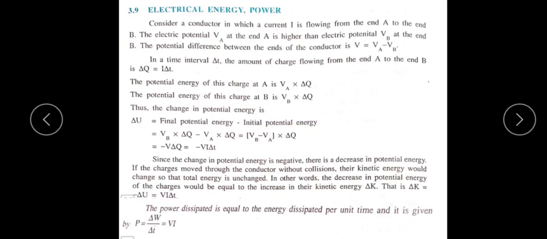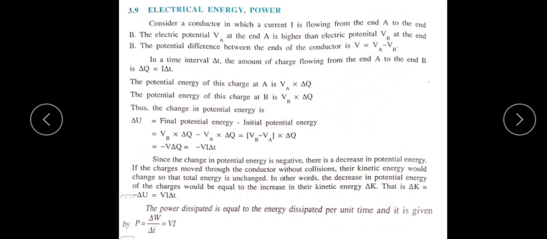But it is found that for a given potential difference, the charges move from one end to the other with a steady drift velocity. This is because of collisions with the atoms and ions as the charges move through the conductor. It means that the kinetic energy gained by the charges is shared with the atoms or ions. As a result, the atoms vibrate more vigorously and the conductor heats up. Thus, in an actual conductor, the amount of energy dissipated as heat during the time interval delta t